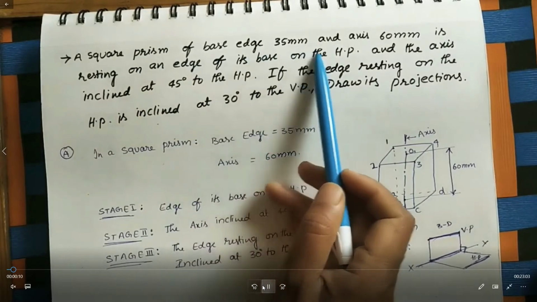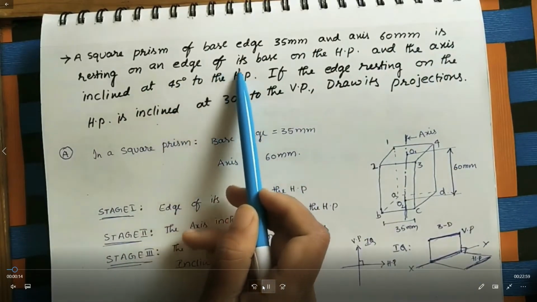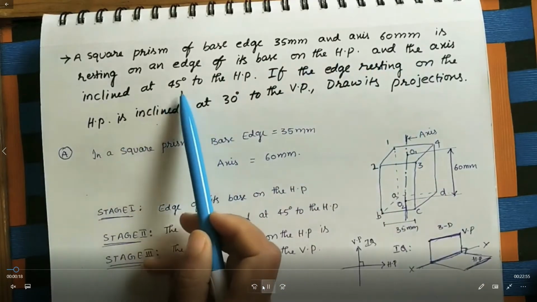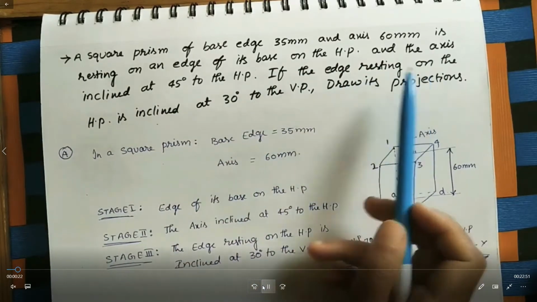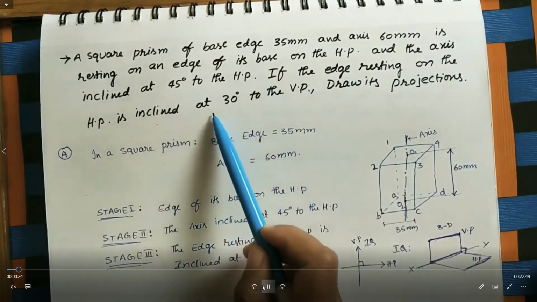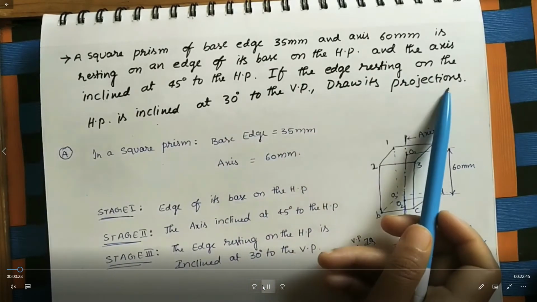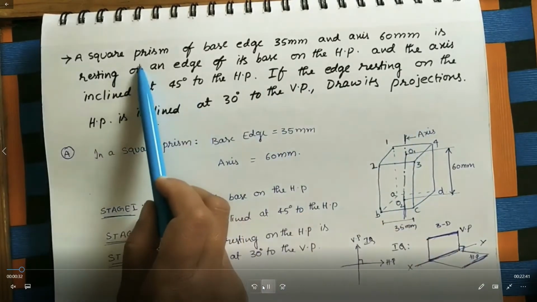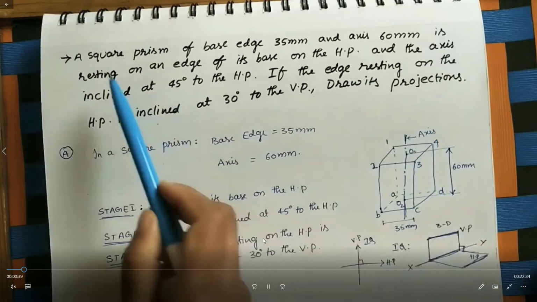Now we discuss the solid square prism. Note down the problem. A square prism of base edge 35 mm and axis 60 mm is resting on an edge of its base on the HP, and the axis is inclined at 45 degrees to the HP. If the edge resting on the HP is inclined at 30 degrees to the VP, draw its projections. Okay, in this problem,